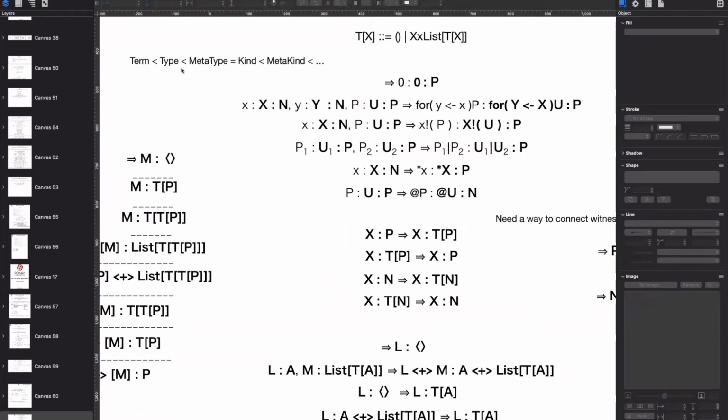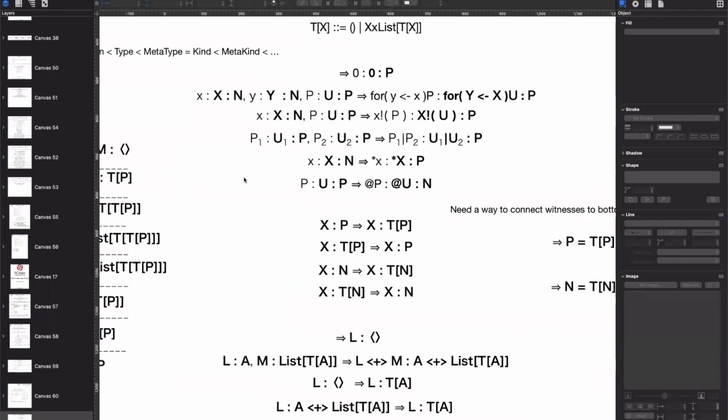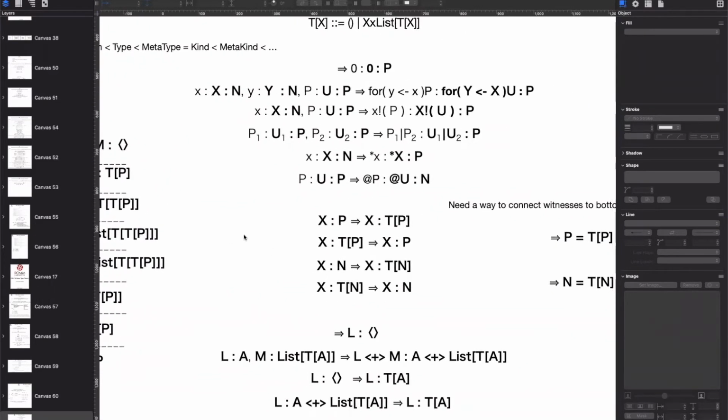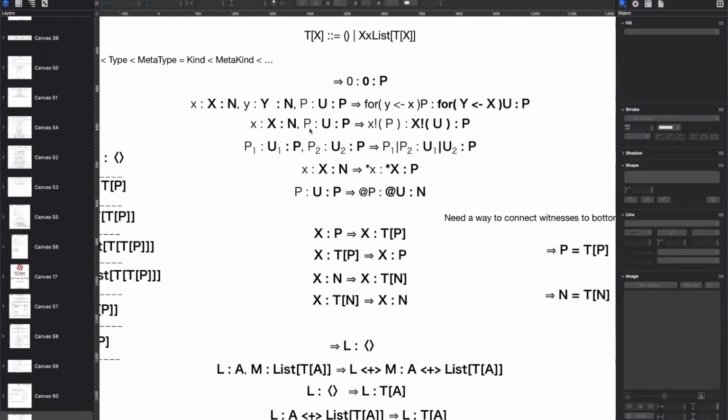So there's this infinite hierarchy that we can go up. Any other questions about this? So what is it that you mean when you say witness? Can you clarify that? Yes, a witness is